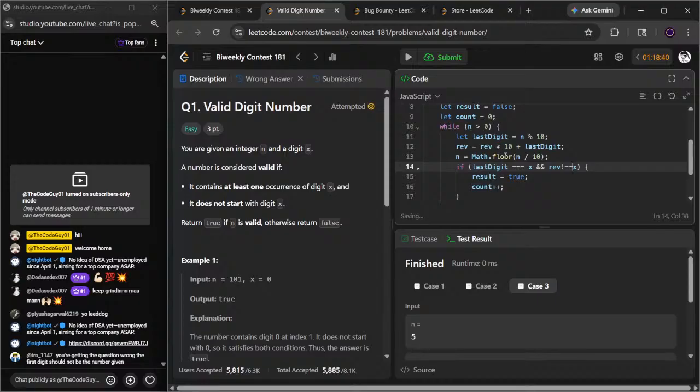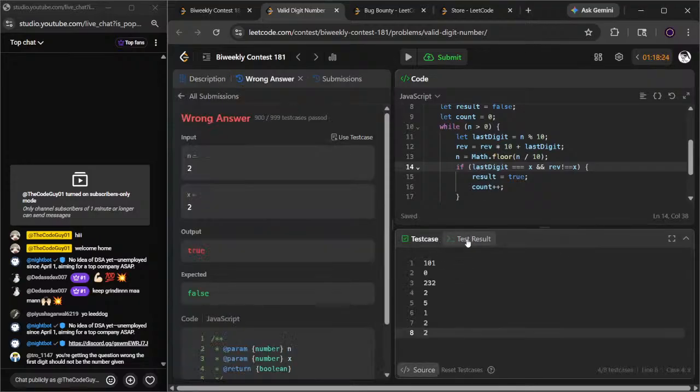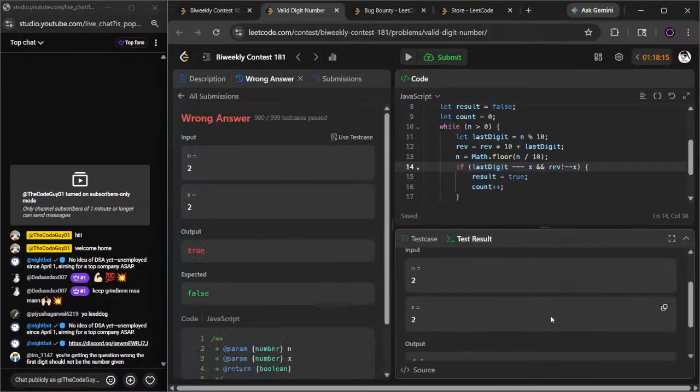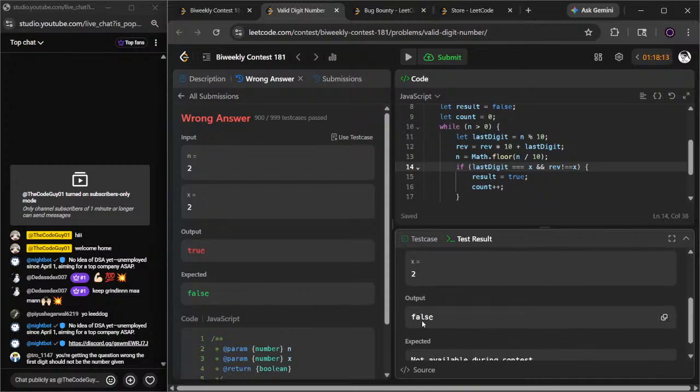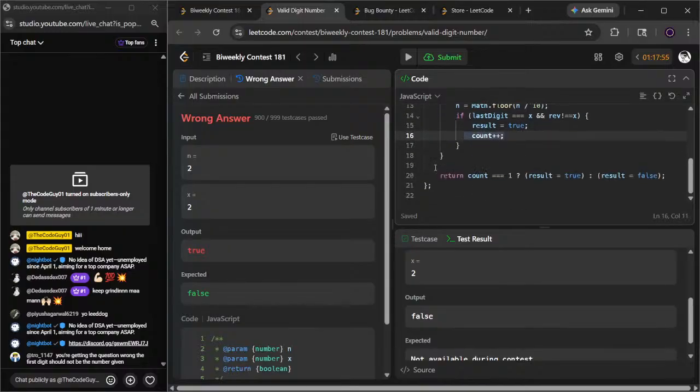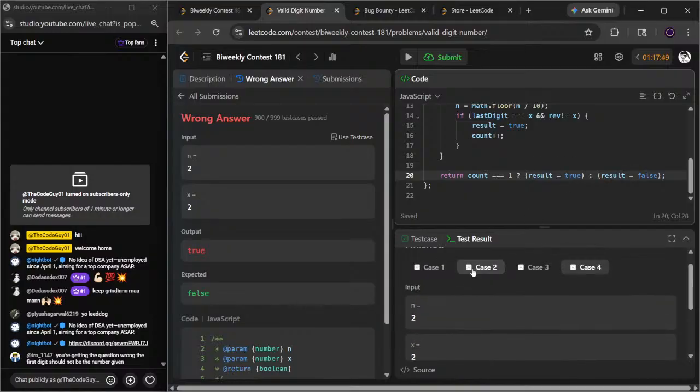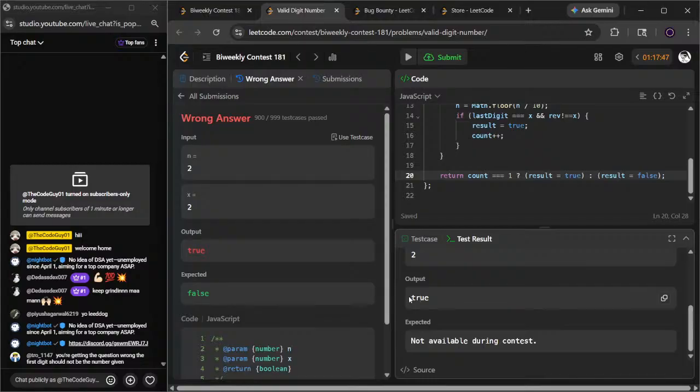And this is what you're trying to go for, right, brother? Since it was starting with the reverse, whenever my reverse starts with x, then my result will become true. After that the count will start, and if my count is equal to 1, then only result is true, otherwise it will be false. Now this should work, right? What the frick, here it again became